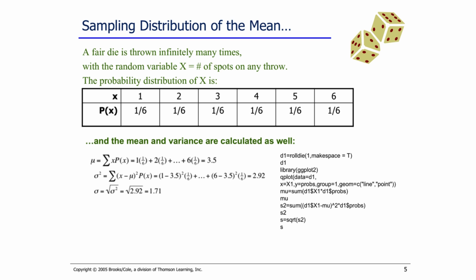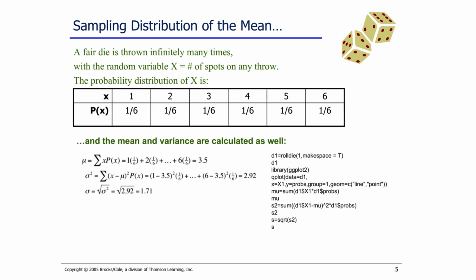The variance is calculated using the squared difference from the mean, weighted by the probabilities. This gives a variance of approximately 2.92. The standard deviation is the square root of the variance, which is approximately 1.71. On the right side, the same calculations are implemented in R code using the Roldi function and basic plotting and summation commands. This example shows how the mean and standard deviation are derived from a simple probability model of rolling